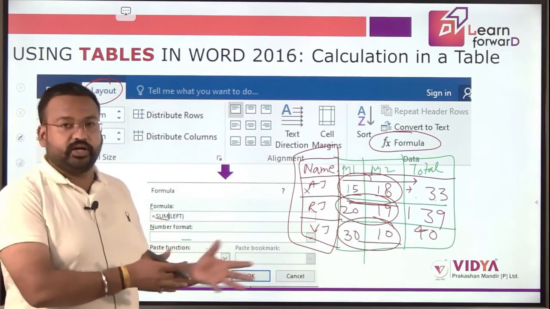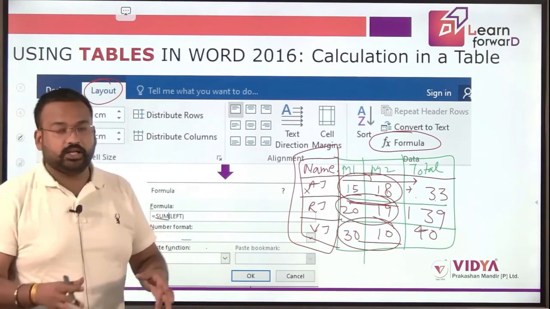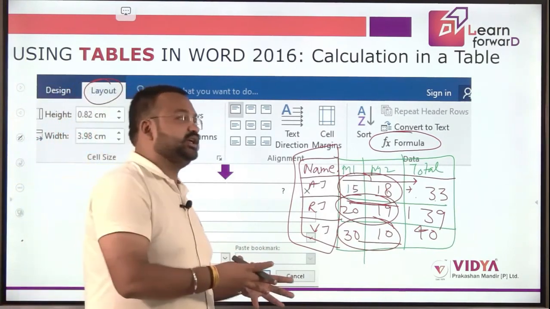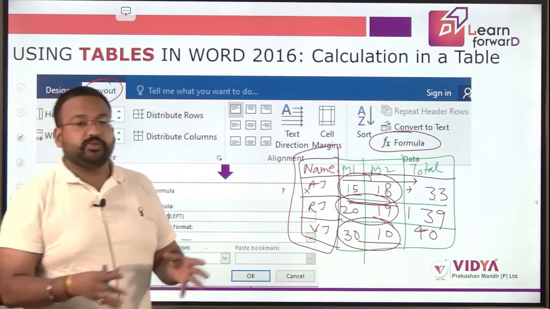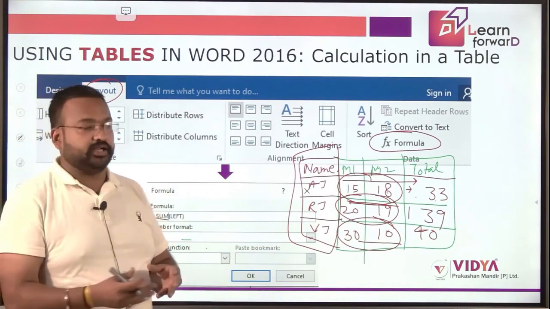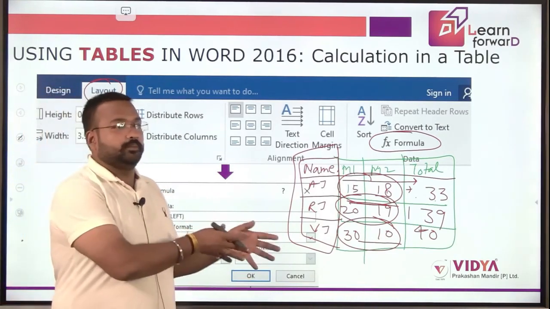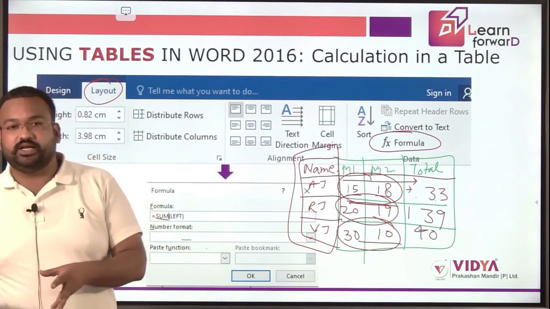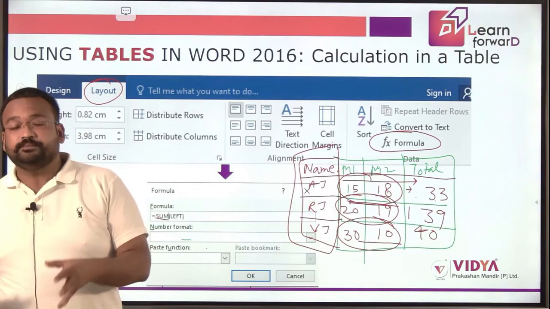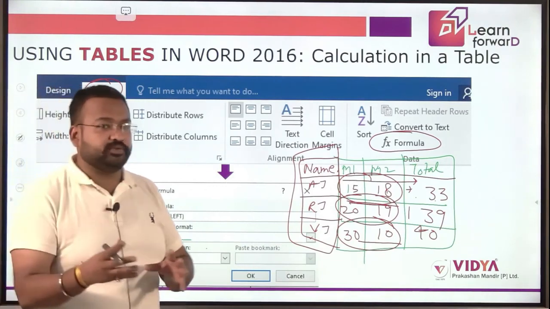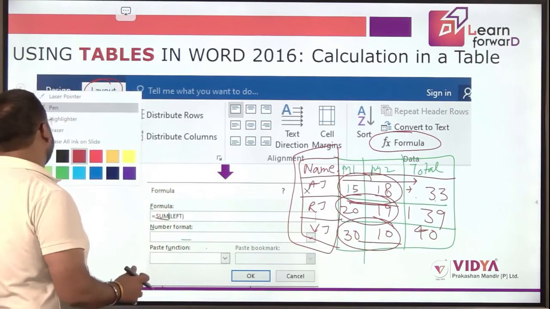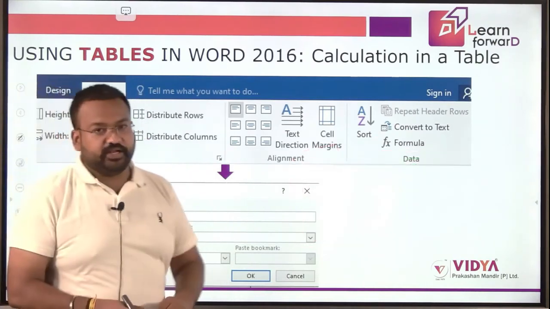So we have seen today how we can create a table in a Word document, which is nothing but representing our data in a tabular format. It might happen that you have some school project in which they ask you to present your 5 months salary, or how much score you have got in your last 5 unit tests in all subjects or something. So that information you have to provide in a tabular format. For that, this table is necessary.